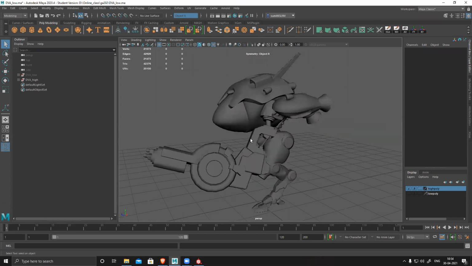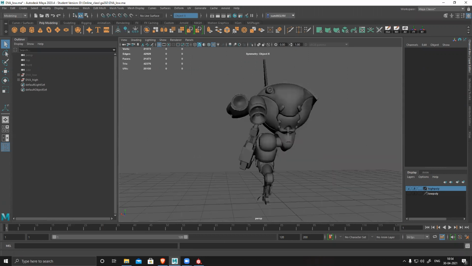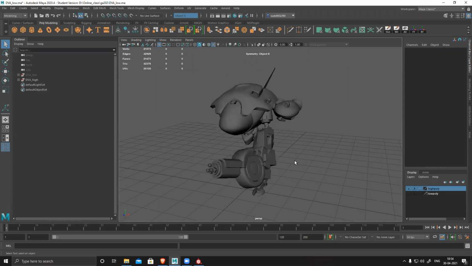Then let me finish my high poly in ZBrush. Then I'll bring the decimated model into Maya. Then I'll explode the model, low poly and high poly both at the same time, and then we'll export them separately. I know it sounds confusing right now, so I'll show you how to do it.